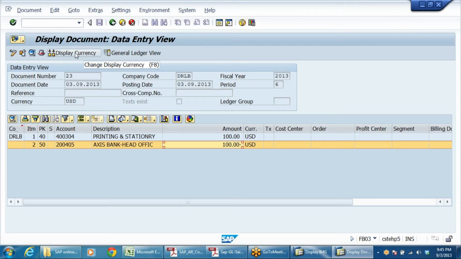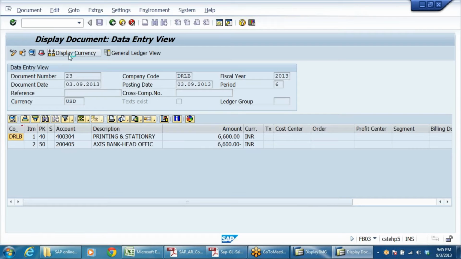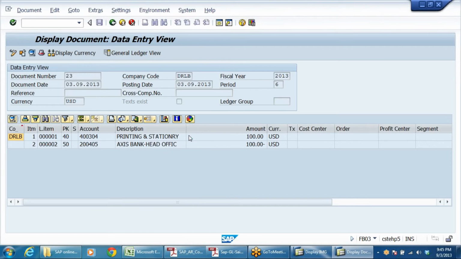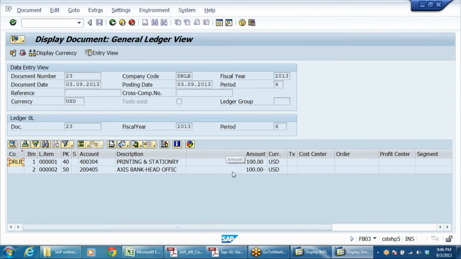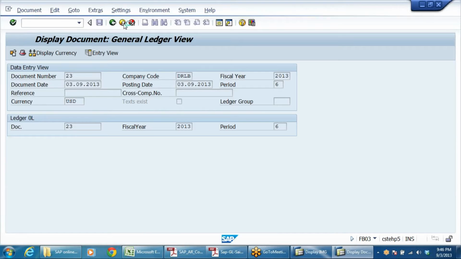Click on display document currency here. Right, click on this. So it will show you 6,600. Again you can click here. Right, it will be in general ledger. Of course there will not be change in here.